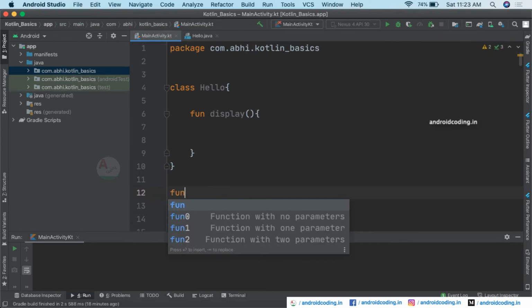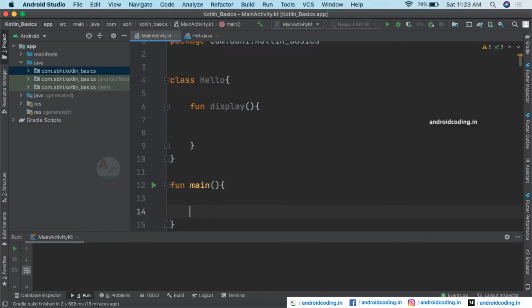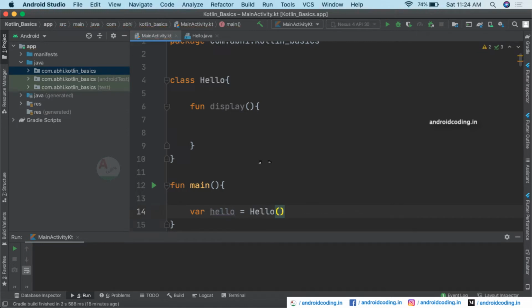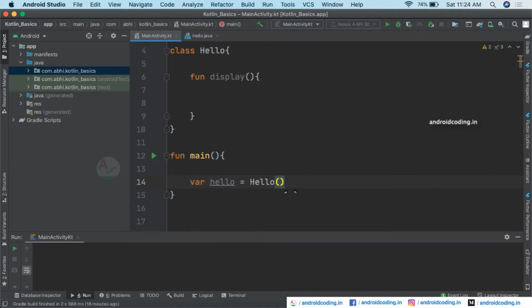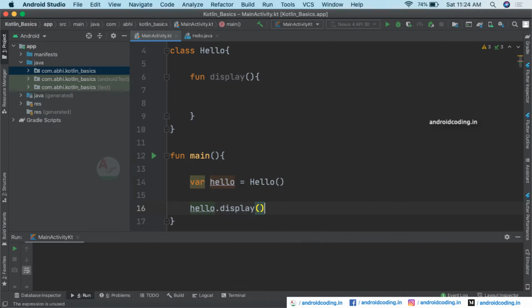Let us declare our main method, and using it let us create an object for our class hello. So here we have created our object for our class hello, and using it you can get the display.